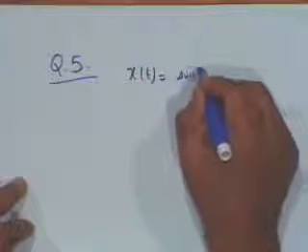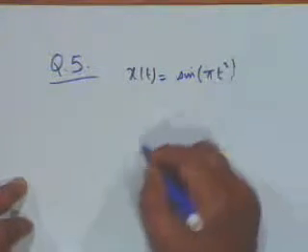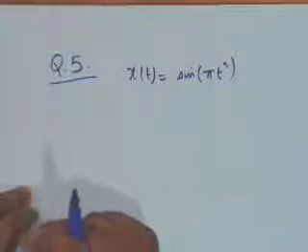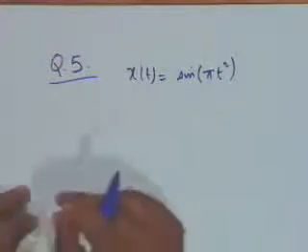The final question, question 5, was a quick one, quickly cooked one. It was x of t equal to sine pi t squared. And the question was, does it have a Fourier series representation? You have to give reasons for your answer. Well,